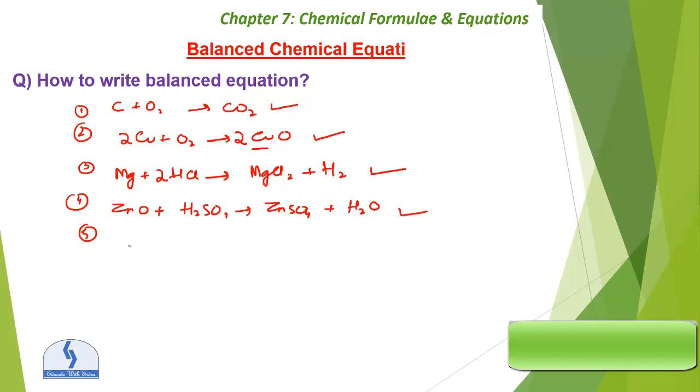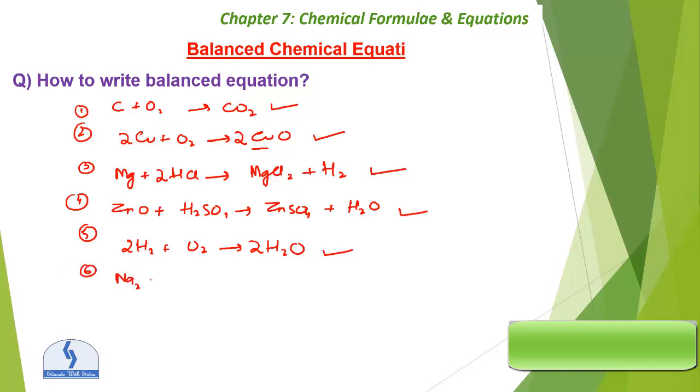Now write hydrogen gas plus oxygen gas, it will become water. So hydrogen is balanced on both sides, oxygen is not balanced. On the left side there are 2 oxygen and on the right hand side there is 1. So put 2 over here. Oxygen is balanced, but it disturbs the atoms of hydrogen. Now hydrogen is 4, 2 2s are 4 on the right hand side. So here we have to put 2 over here. Now 4 atoms of hydrogen on the left hand side and right hand side. This is balanced.